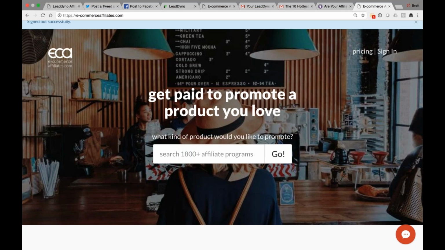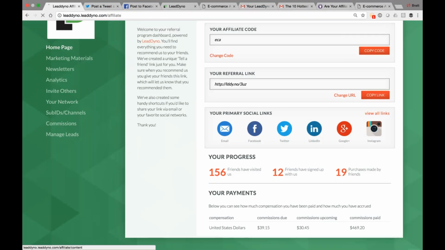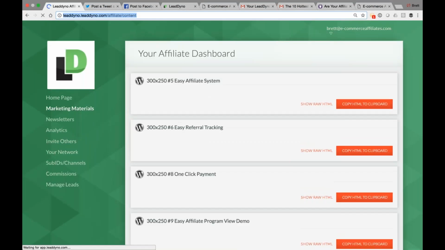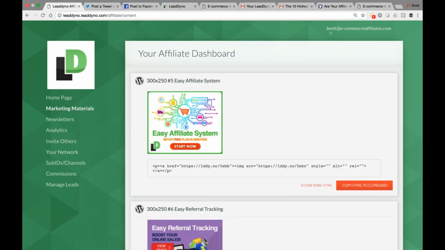Things that they've got in here might be working for them, so things you might want to key into. Couple more things on the dashboard here, and then we'll move into Lead Dino itself. Our marketing materials section has things such as banner ads, infographics. You can copy and paste the HTML here and post it to your website, and again, you get credit for anyone who clicks through here, and or your affiliates will get credit for anyone who clicks through here and ends